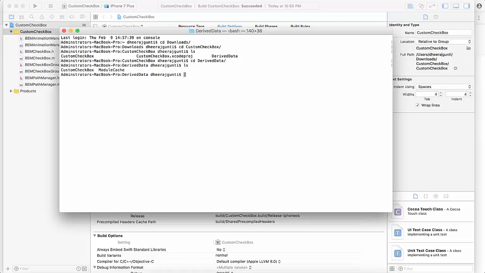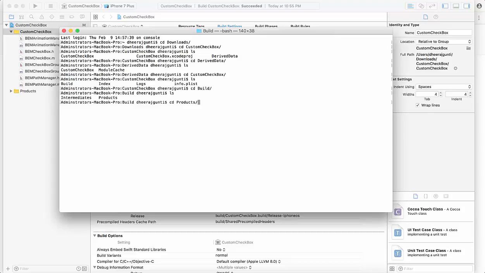So it has a certain project folder structure. So we need to go to that folder structure. We need to go to build. So we need to go to products. You can see debug iPhone simulator. So we got this particular